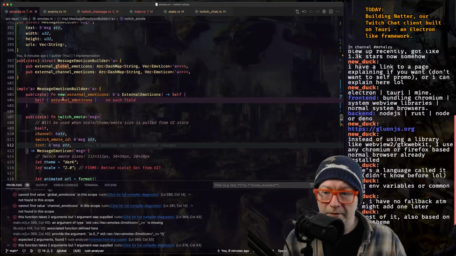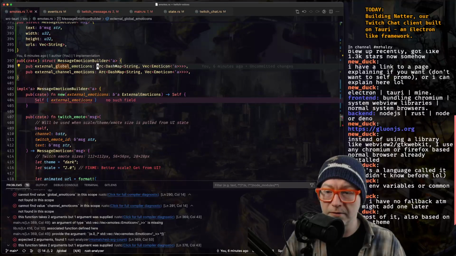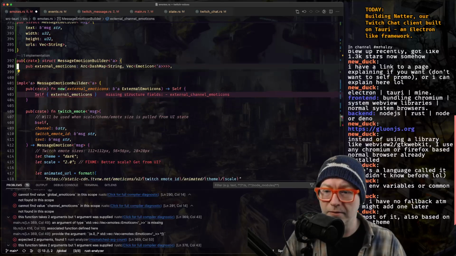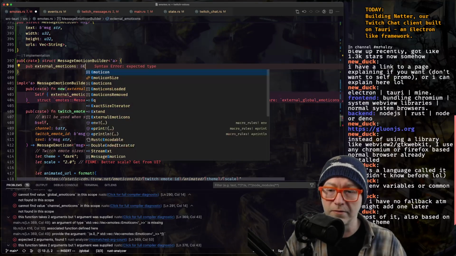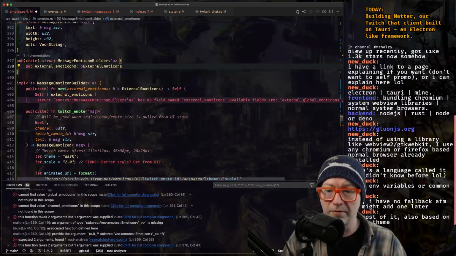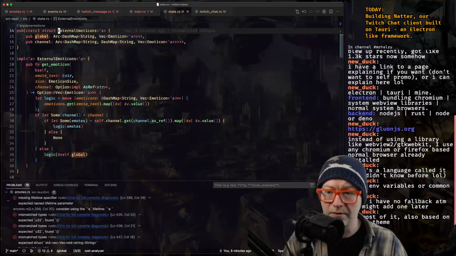Alright. So when we build a new one of these, we need... And this is an external emoticons, a reference to an external emoticons. Is that? Yeah.